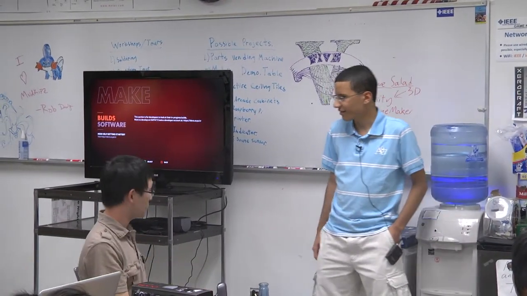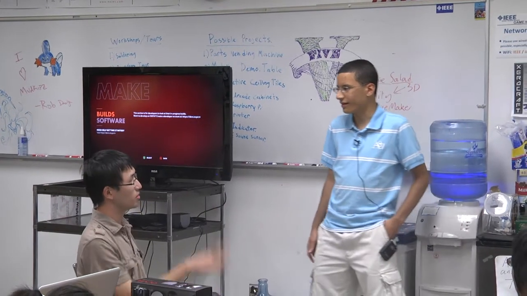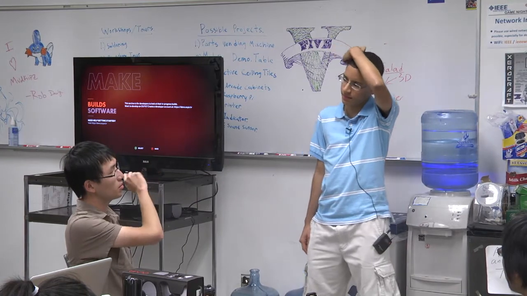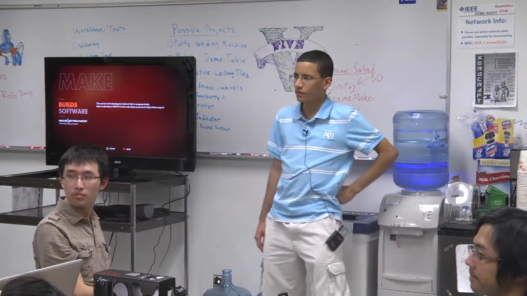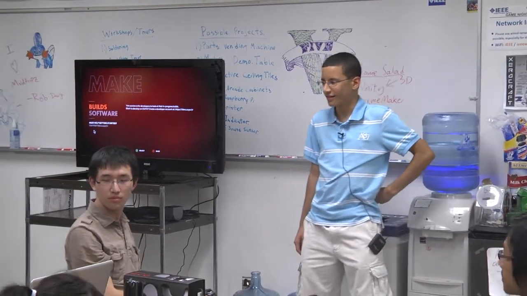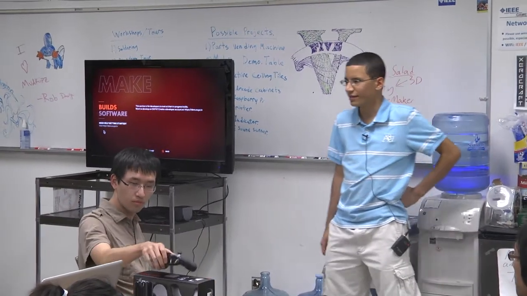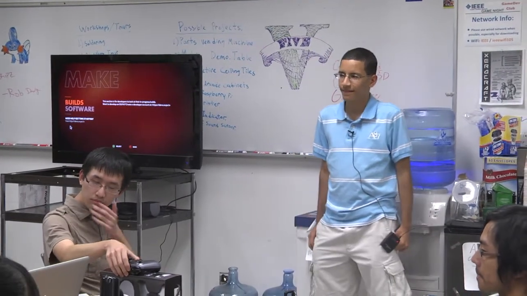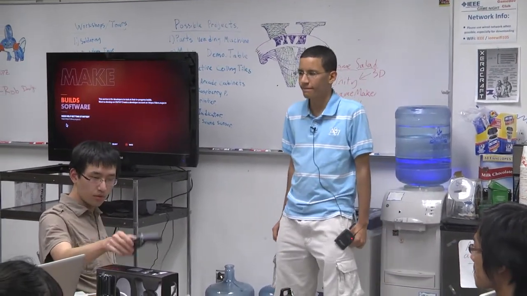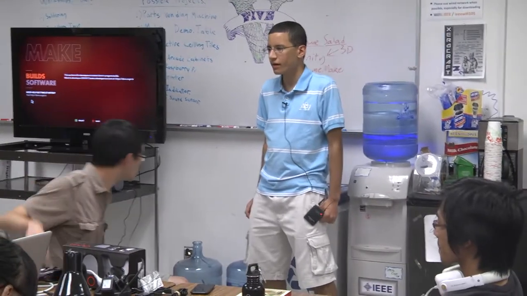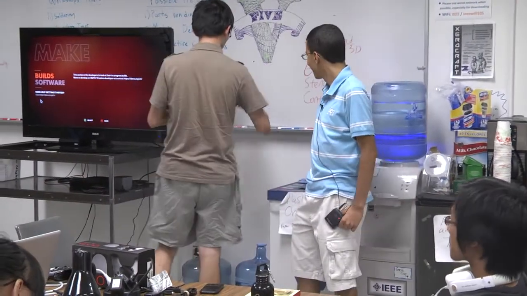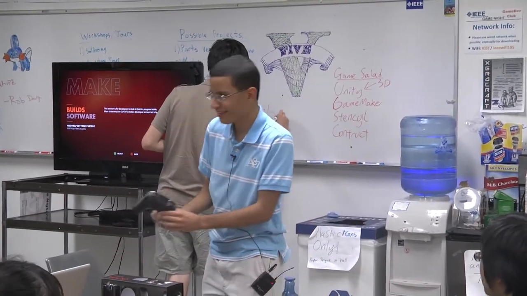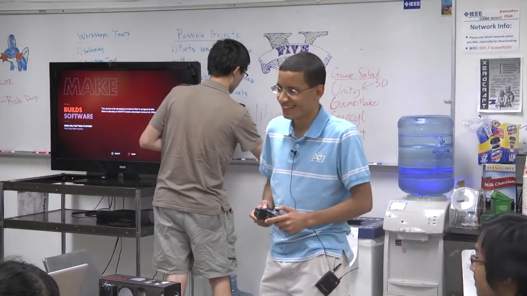I don't think it needs to be locked away as long as you keep the IEEE rule of locking the room when everybody else leaves. You don't even need to have an Ouya to develop for it. That makes it really easy. Everyone in this room could develop for the Ouya, not even come in here and use it, and have a game to put on the Ouya to play. So you basically use the Ouya for direct testing. Yeah, real testing, with the bad controller buttons and the small memory and all the stuff.